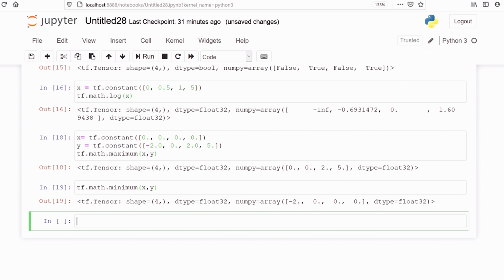There's a method power, and this method computes the power of one variable to another. Let's see that. This is our first variable. This is our second variable.